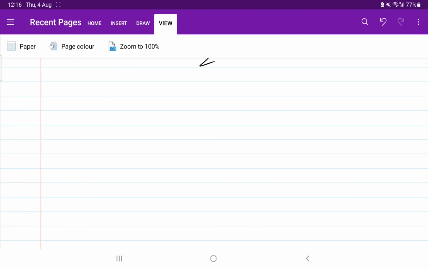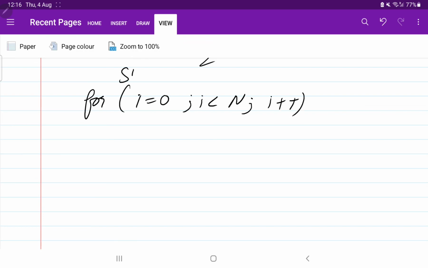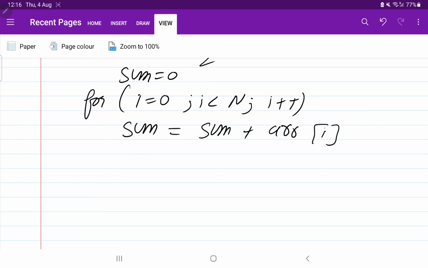So I will write the answer like this. So this is the solution. For i equal to 0 to i less than n, i plus plus, first of all you need to define sum as 0. You need to find sum is equal to sum plus array of i. This will give you the sum of the array. Now you have to check, if sum modulo 2 is not equal to 0, it means it is odd.